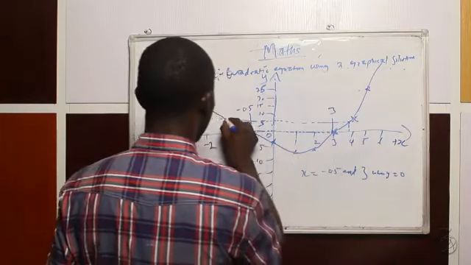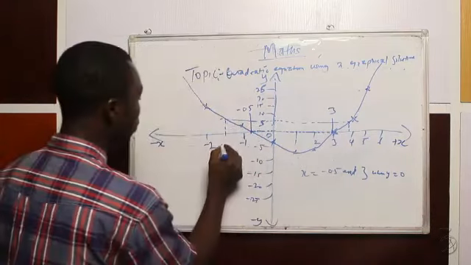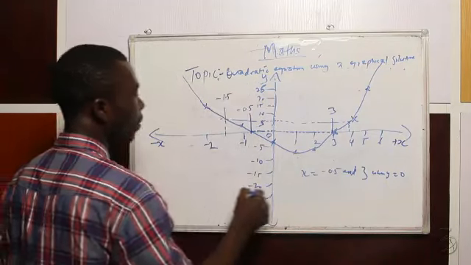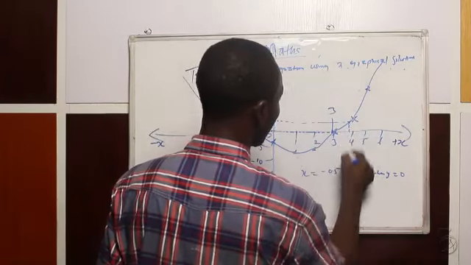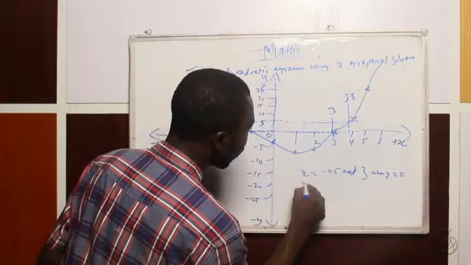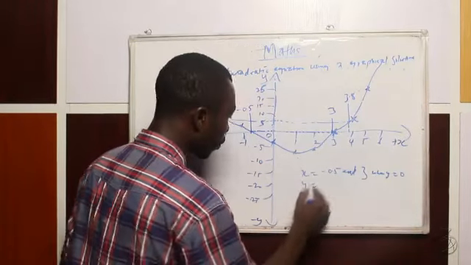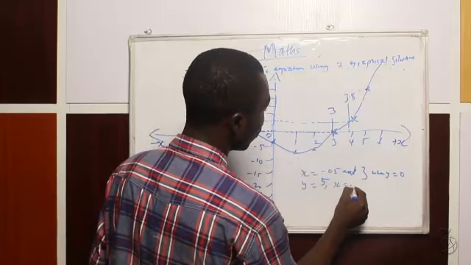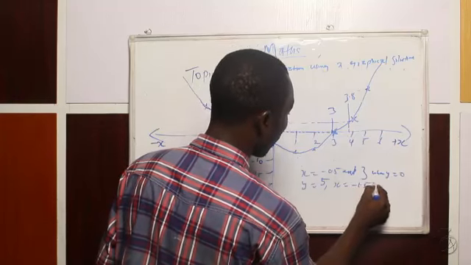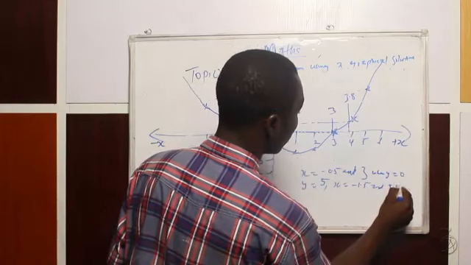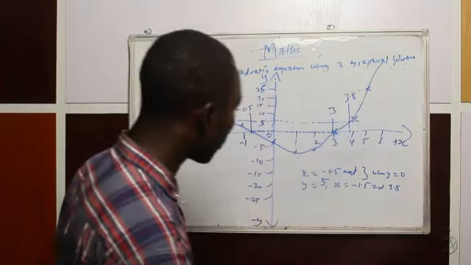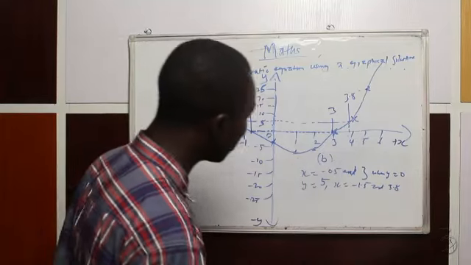Check your graph. Any value you find here could be minus 1.5. Here, when you trace it out, could be 3.8. So when y is equal to 5, our x is equal to minus 1.5 and 3.8. That is how. Then the last question on the B part of the question is